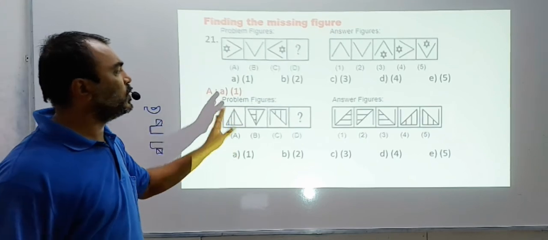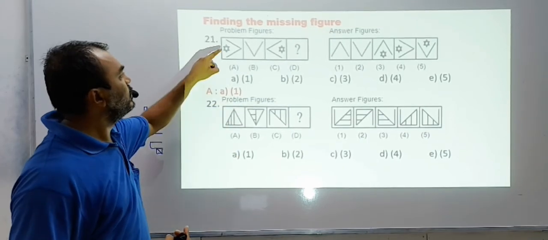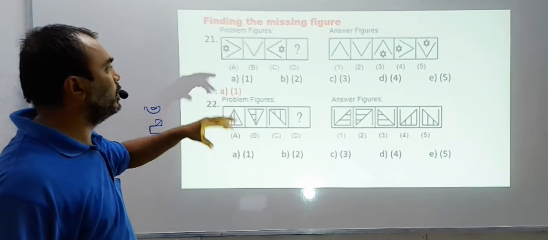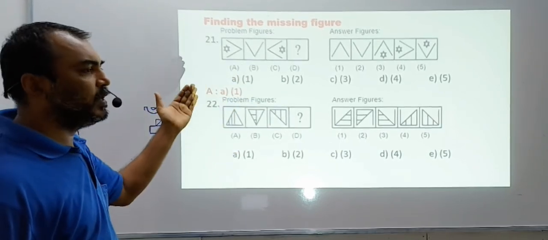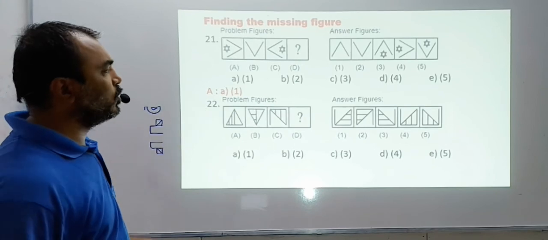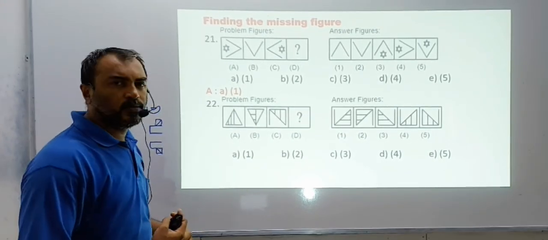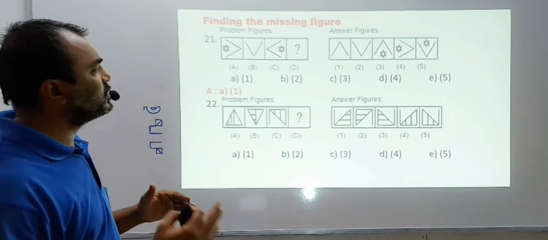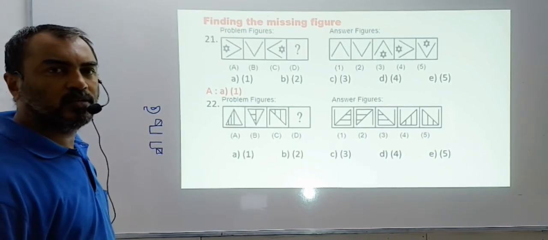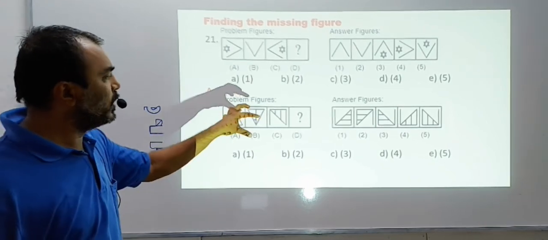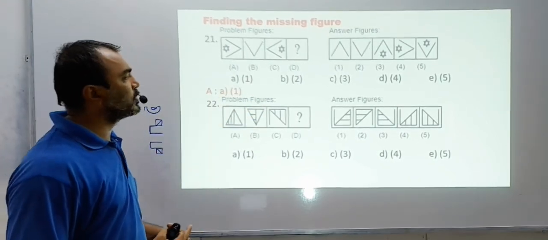So this is all in black and white, so there is no color pattern here, but sometimes the solid figure becomes hollow, hollow becomes solid. Orientation change by some degree. There is a mirror image also. So it's all based on pictures, and I think these 22 examples, you must have understood how pictures change their orientation, get a mirror image, change their degree, change their size, move inward and outward. All this you have practiced.